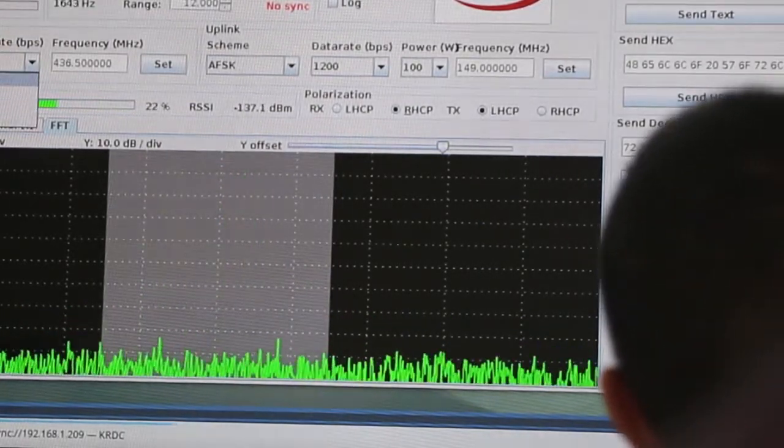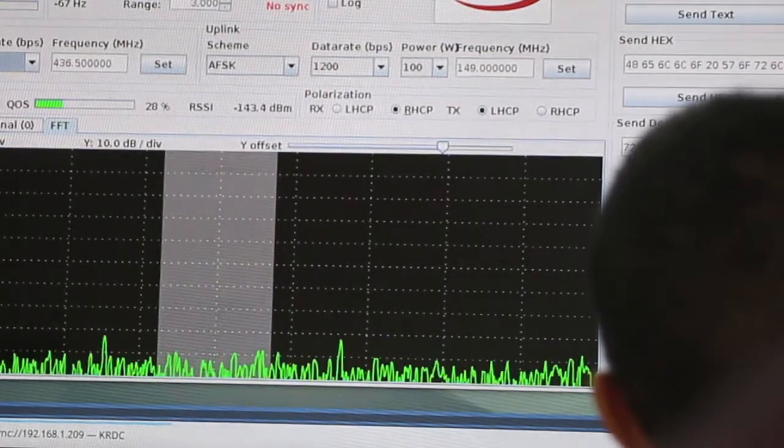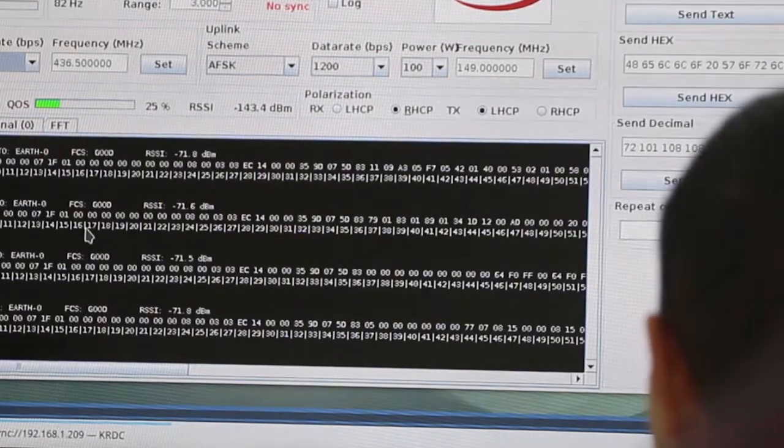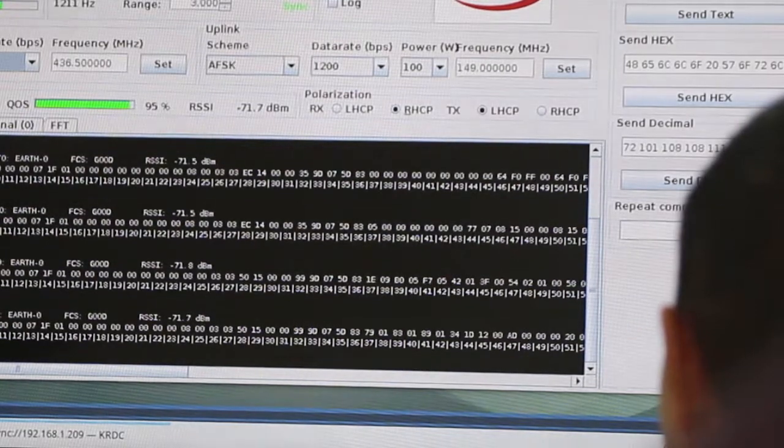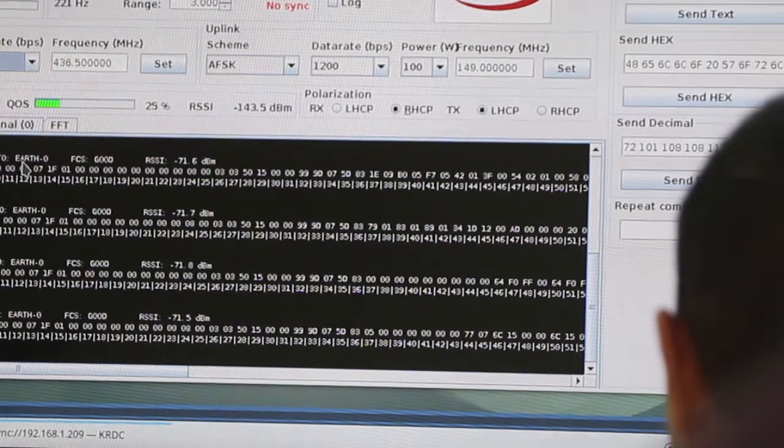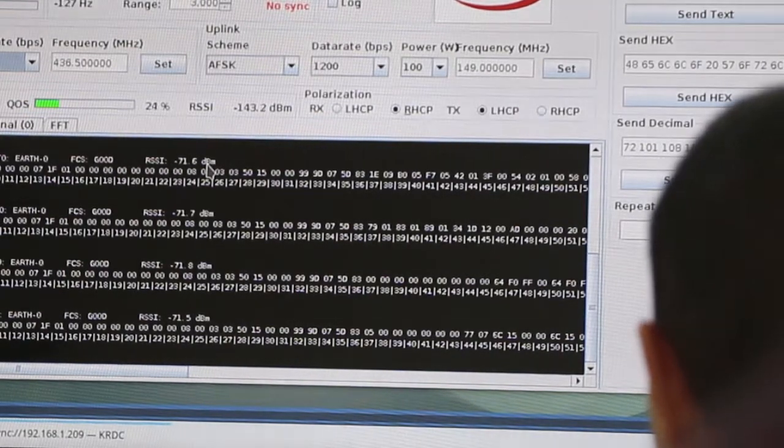Yes, it's not decoding because I put the wrong one, and now I'll decode more. Here it will list the packets. These are the packets demodulated, so they will also be encrypted. At this stage, they're still encrypted because this radio does not have the decryption key. It specifies here where it comes from. So we have a TRX VU transmitting to Earth. Somebody picked that name. It says that the checksum is good, and it checks the RSSI, the error, the